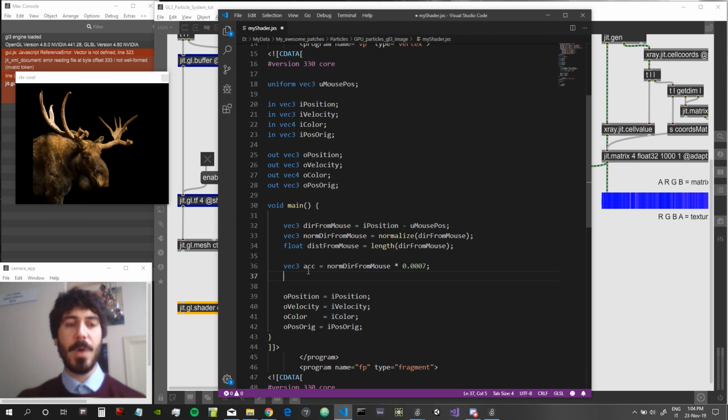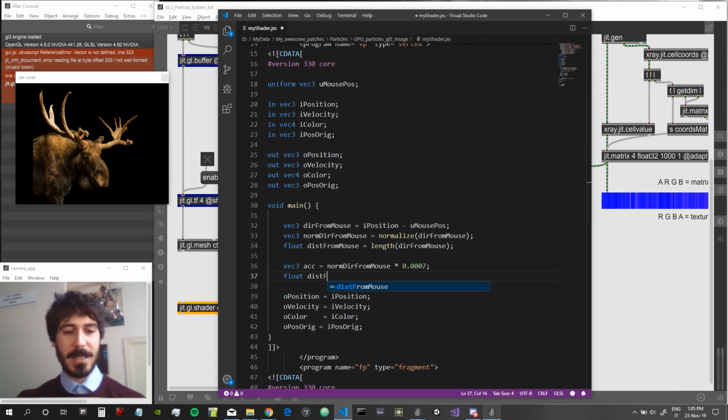Okay. Then we want to divide the acceleration by the distance squared from the mouse, which means the particles that are farther from the mouse will not be affected by this force, and the particles that are closer will be affected the most. So let's first get the value of the distance from the mouse squared. So let's do like this: dist from mouse squared,